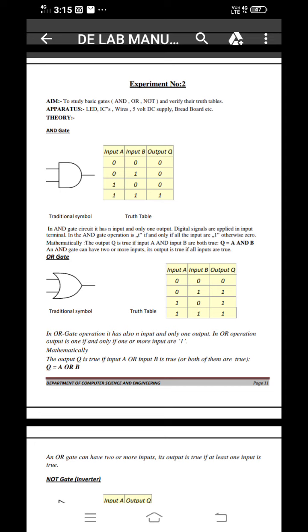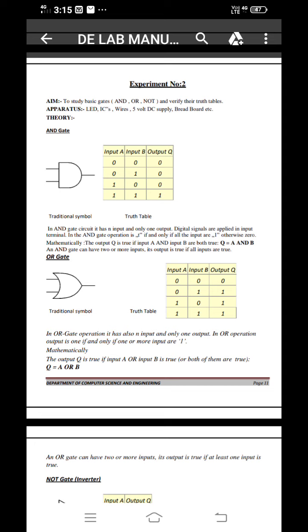Already we are discussing the basic introduction to Digital System Laboratory in my first lecture. There we discussed the basic introduction, and now we are going to study the basic digital gates and how to verify the truth table of all the basic logic gates. This experiment's main aim is to test ICs by verification of the truth table of basic ICs.